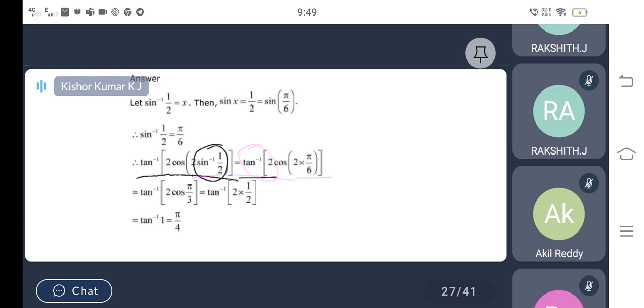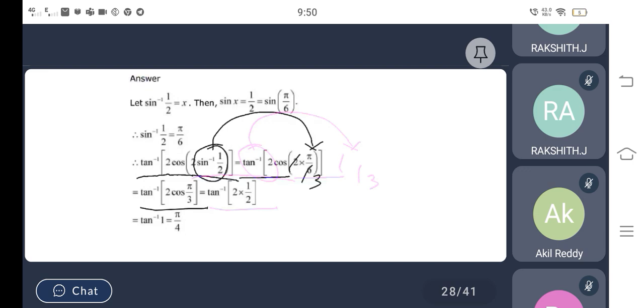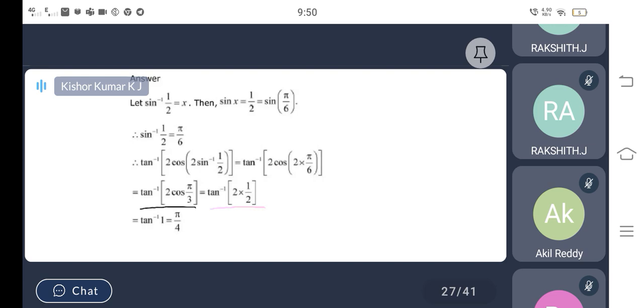See, tan inverse of 2 into cos and 2 also as it is. Only in place of sin inverse 1 by 2 I have taken pi divided by 6. Now we can cancel 2 and 6, 2 ones are 2, 2 threes are 6. So in the next step it will become tan inverse of 2 into cos of pi by 3. See, it's just to see the step-wise process of how we have done it here. If you simplify with only a single value, definitely you are going to get the answer. Then replace the value: cos pi by 3. What is cos pi by 3?